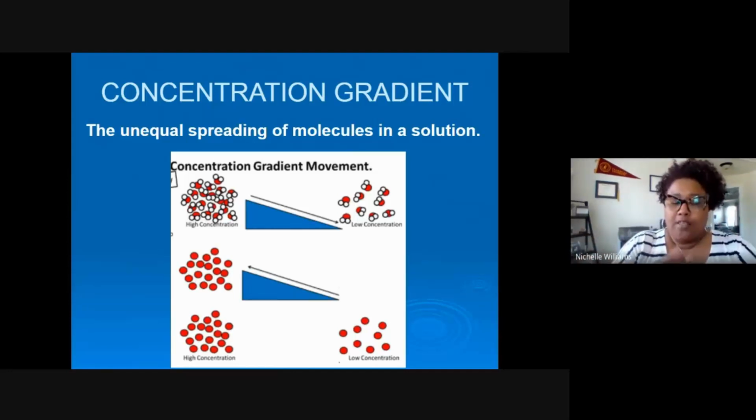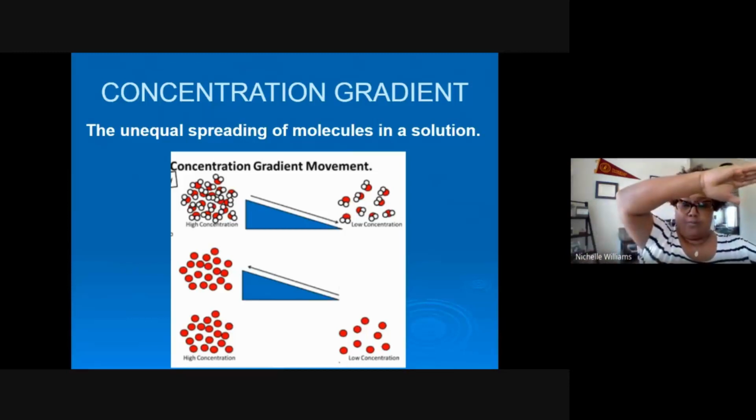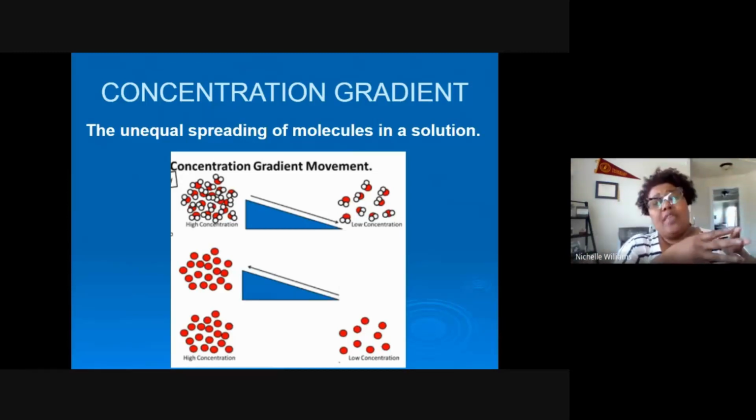Okay. And so the next image you see is the arrow going up the gradient. Well, sometimes you have substances where it's fewer down here on the right, where you see there's none, because they've all moved up and they've all joined the masses. Well, that does happen as well. But which one do you think happens naturally or without effort or energy? Check that in for me. All right. Somebody said the downward. All right. Somebody says high to low. Okay. Yes. So the moving from high to low is what happens automatically.